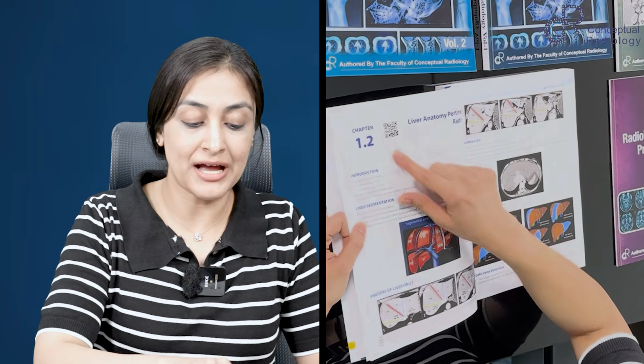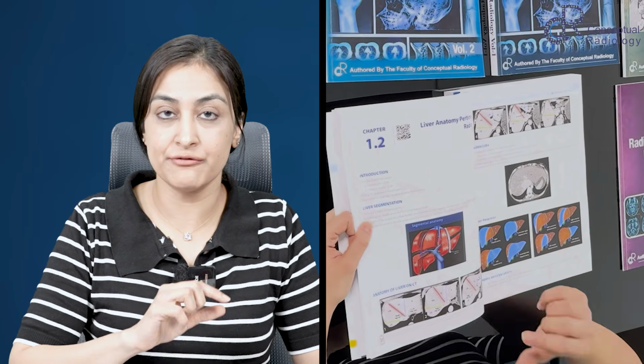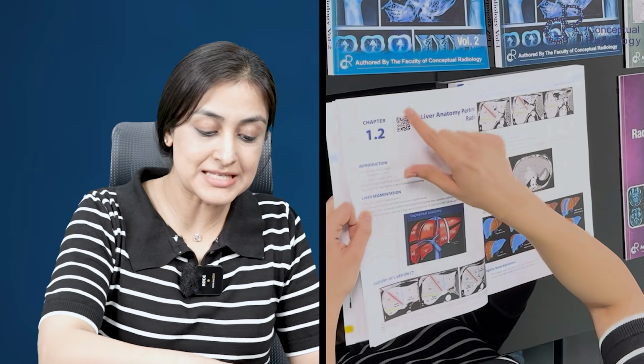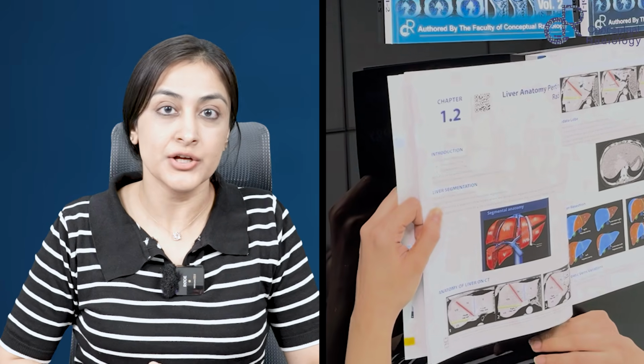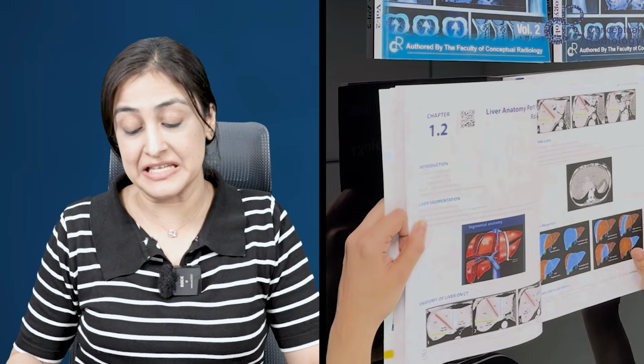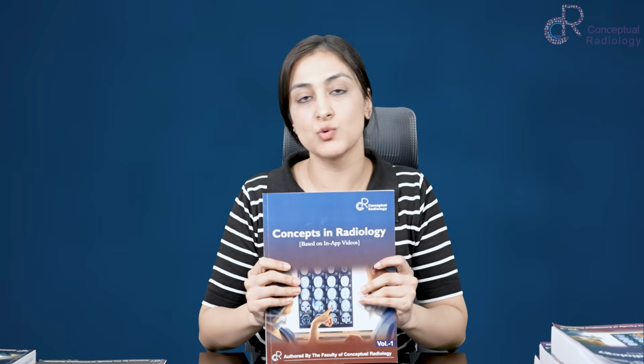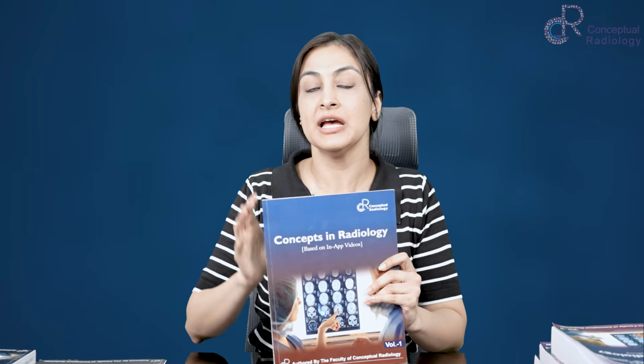And we also have the QR codes in front of every particular chapter. You can see the QR code. If you just click on it, you'll directly be redirected to the video in the app. So that makes it really easy for you to keep the videos and the notes hand in hand. So these are the 4 books from concepts in radiology, system wise, most important topics. So this is something which is the real game changer for CR, where it becomes very easy for you to revise.